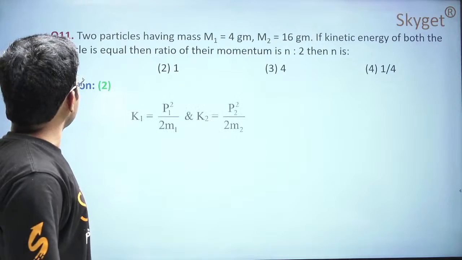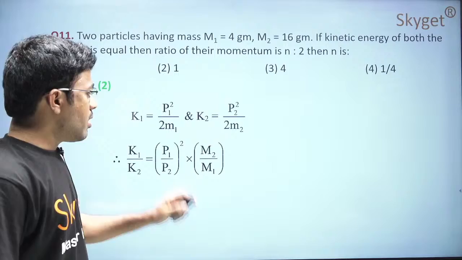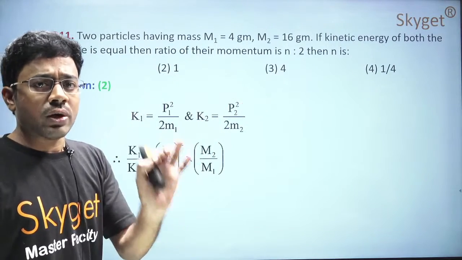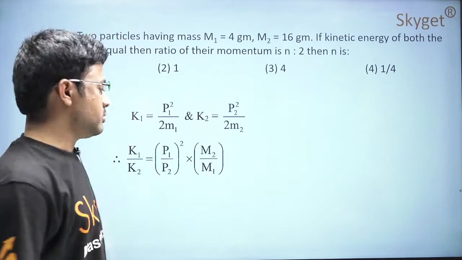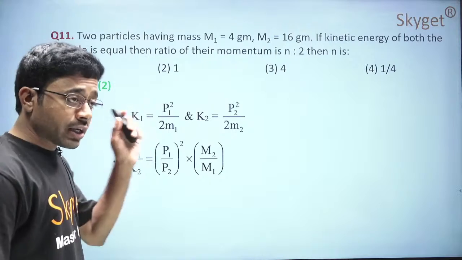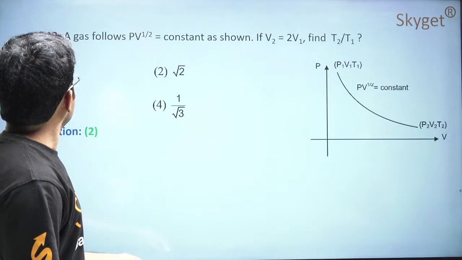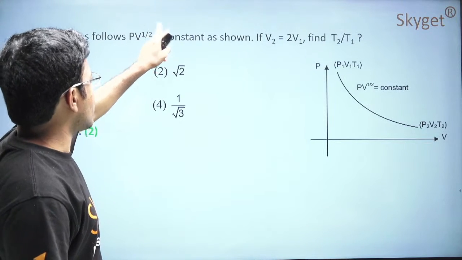These are the steps in which we have solved, but here we have taken the value of the kinetic energy to be constant. So we have only taken the relation between the linear momentum P and the mass, where P is directly proportional to square root of the mass of the particle. Next, in problem number 12, he has given a gas that follows PV power 1 by 2,